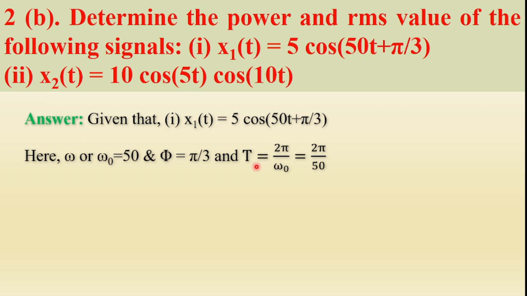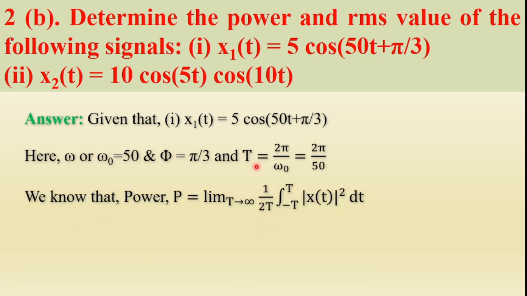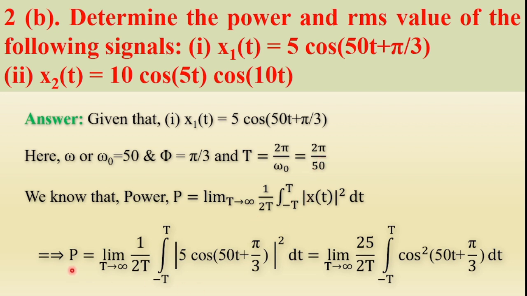Now calculate the average power of the signal. We know that the average power of the signal is P equal to limit T tends to infinity of 1 by 2T integral from minus T to T magnitude of x of t whole square dt. This is the equation of the average power of the signal. Given that x1 of t is 5 cos of 50t plus pi by 3, substitute the x of t value into this equation. We get the power P is equal to limit T tends to infinity 1 by 2T integral minus T to T, where x1 of t value is 5 cos of 50t plus pi by 3 whole square